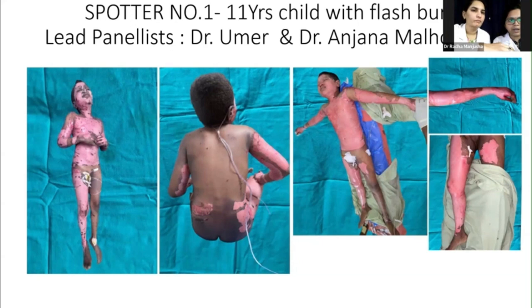Sir, in our institute, we follow the Parkland formula, which is 4 ml per kg per percentage of total body surface area burnt in the first 24 hours. Of this, half of the volume is given in the first 8 hours, and the next half is given over the next 16 hours. 8 hours from when? From the time of burn injury, ma'am. In children also you follow the same?